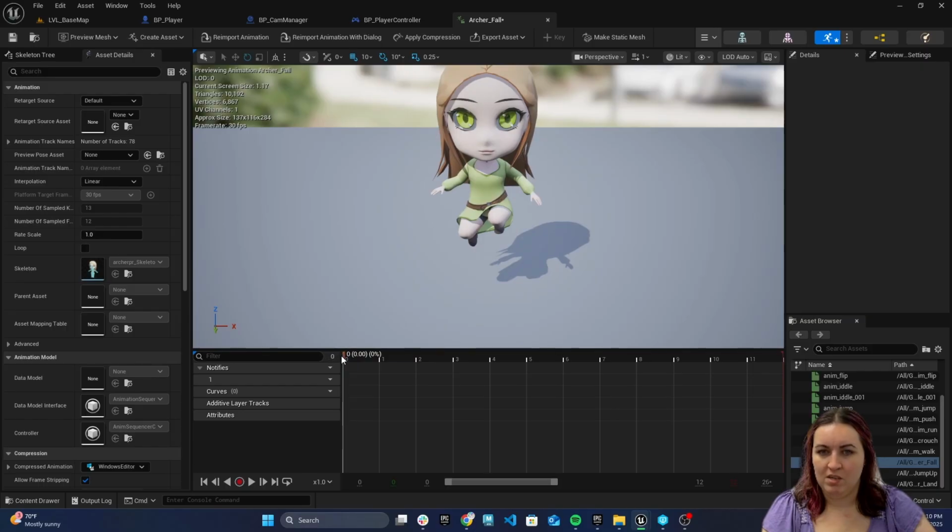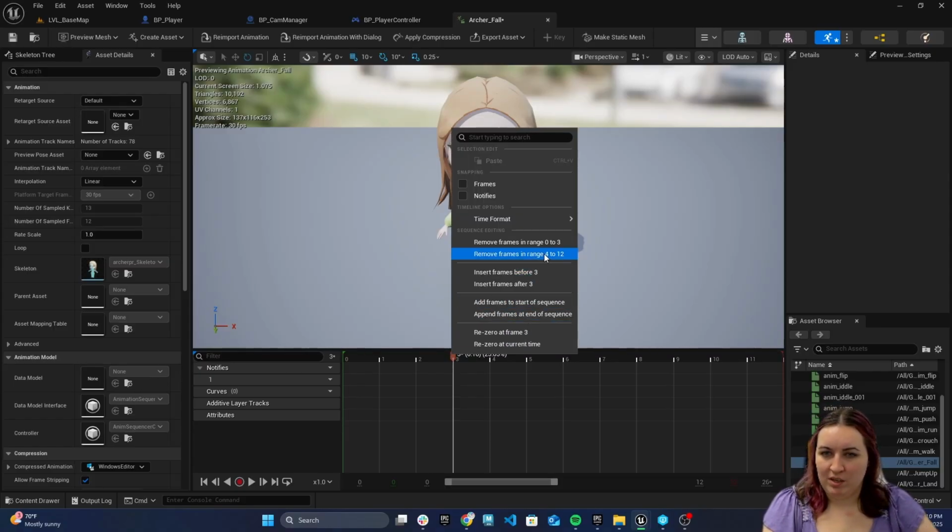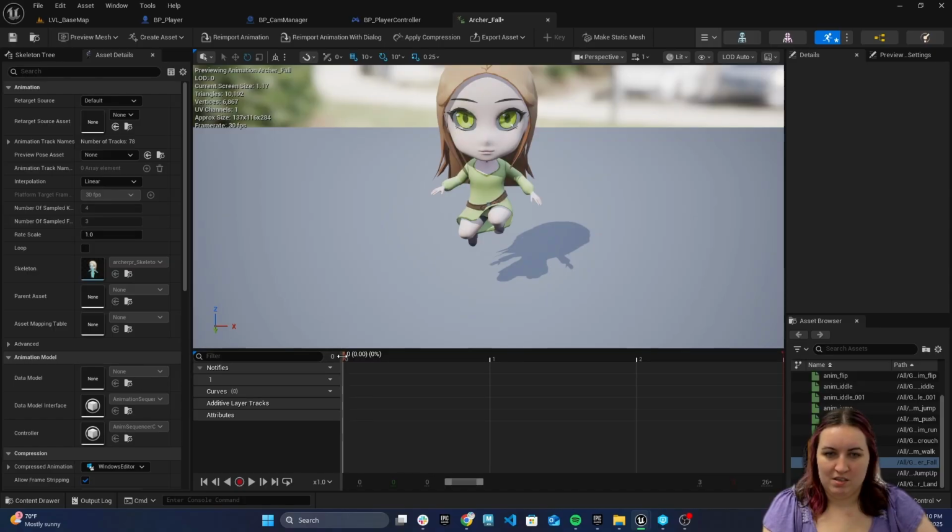So she jumps up and her legs start falling down and then she just keeps falling there. That's her falling, as she's just going down. Then I'm going to get rid of all the frames after that. And that's going to be her fall loop, and she'll just fall like that until she lands. And then the last one